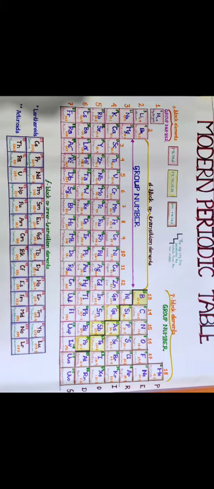It has 7 horizontal rows called periods and 18 vertical columns called groups. If you look at their properties, there is a gradual change in properties of elements from left to right across a period and a drastic shift in properties of elements between periods. Here the elements in a period contain the same number of shells, and in a period the atomic number increases by 1 unit. After reading about the periodic table, there are some facts about it.